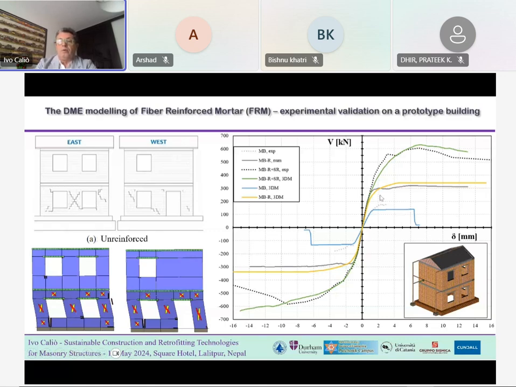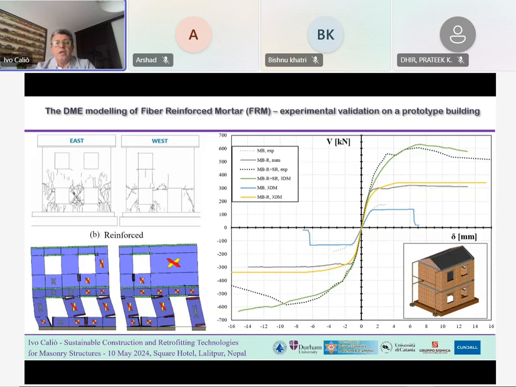The other two comparisons are still related to a comparison between experimental and numerical results according to the two different solutions of the adopted retrofitting strategies. It can be observed that although the approach is very simple, the agreement between experimental and numerical results is